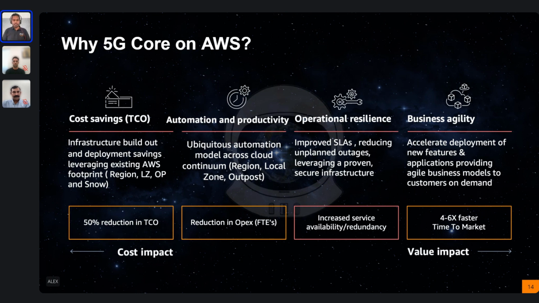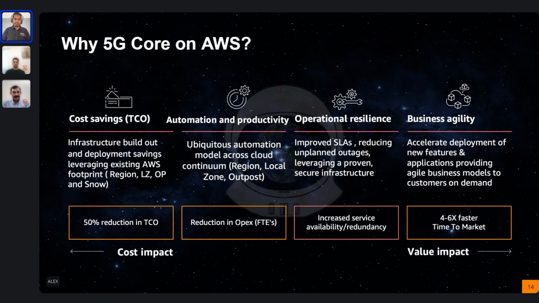And finally, business agility. You leave the complexity of managing the infrastructure to hyperscalers like AWS, while you focus on building new services and new revenue streams for your business. So you are reducing that time to market. This is real agility, right? Agility is not deploying a container in two business days, or deploying code in two business days. It's about how quickly you can monetize the services that you're building, and that pace